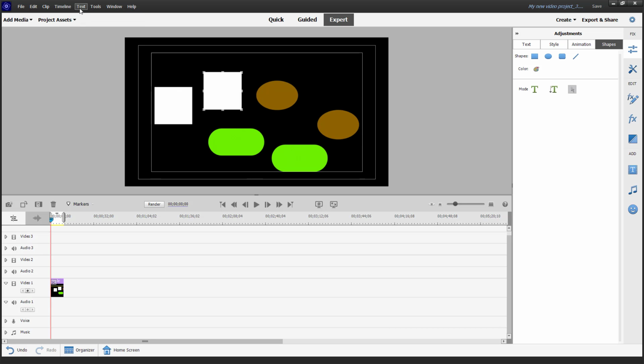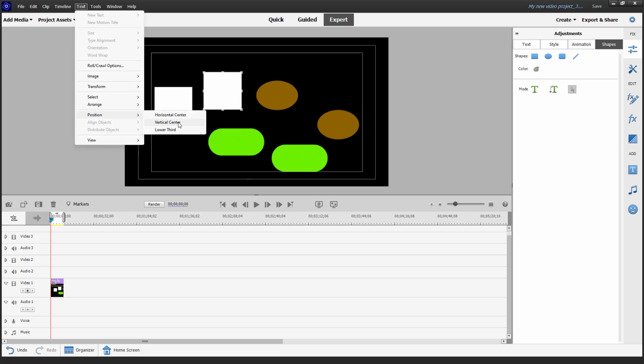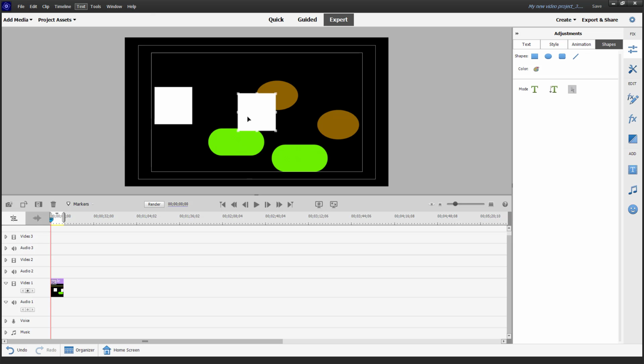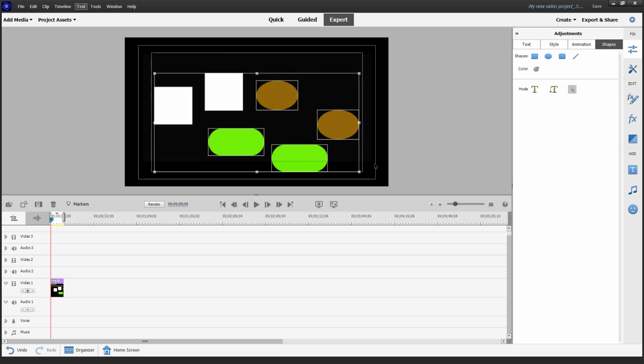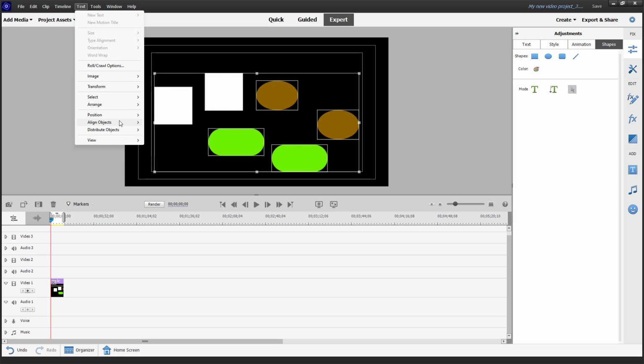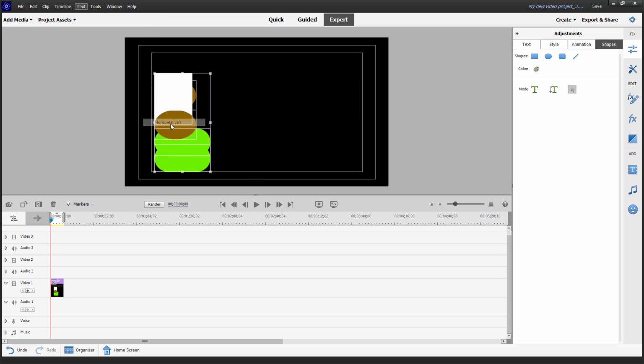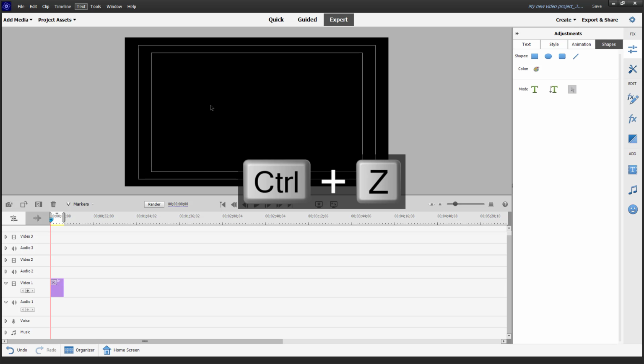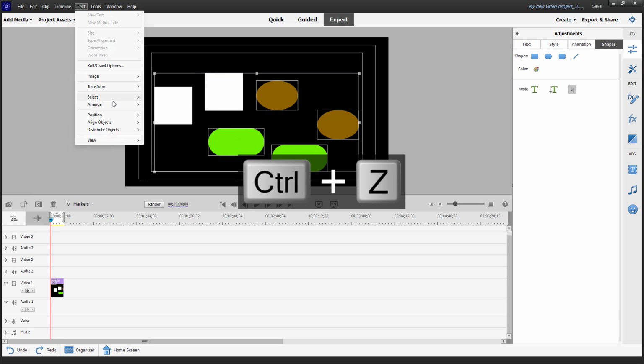You can select an individual object right here and then change the position to vertical center over here, or you can keep it on horizontal center so that it stays right on the center. Another thing that you can do is align it. As I select all of these, I can go onto align object, then horizontal left, and everything is pushed to the left. Let me just press Ctrl Z right here, just like this, and then show the option